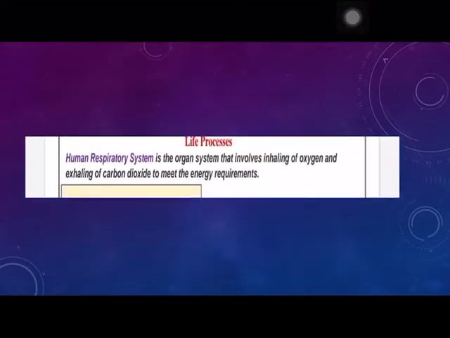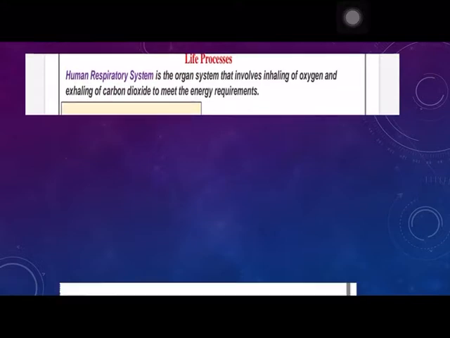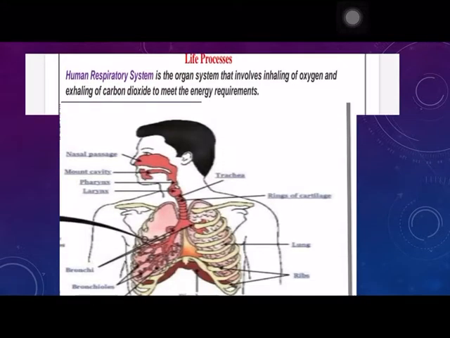Hello students, today we are going to discuss your worksheet number 26 for class 10th, Directorate of Education. In this worksheet we are going to discuss the human respiratory system. You can see from the figure, this is taken from your book only. In the human respiratory system we have discussed respiration. Now we are discussing the breathing process, how the mechanism of breathing occurs and what the different parts of your respiratory system are. So let's start your worksheet.